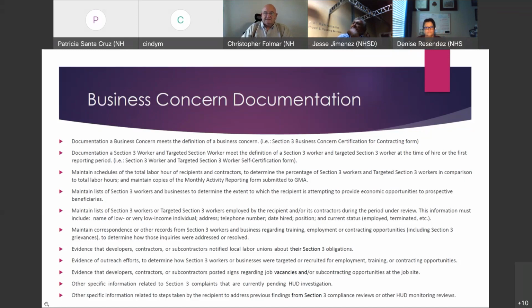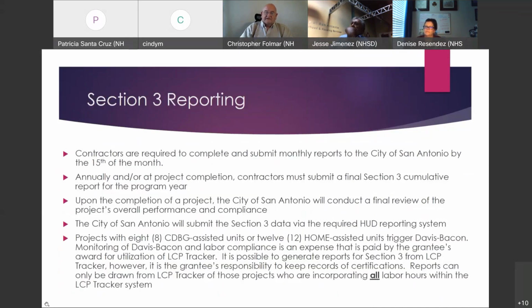Okay, next slide. We'll provide you with a fillable PDF form for reporting Section 3 hours by all job site tradesmen and laborers each month. It'll be due on the 15th, just like your monthly performance report. After the project is complete, we'll need a final Section 3 report from you for the entire project. GMA staff will review the documentation to see if our Section 3 goals were met and then determine the type of documentation required as backup. Needed backup will be heavily influenced by the success of meeting your Section 3 goals.